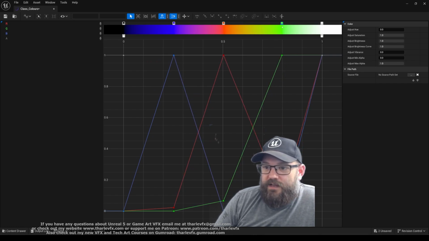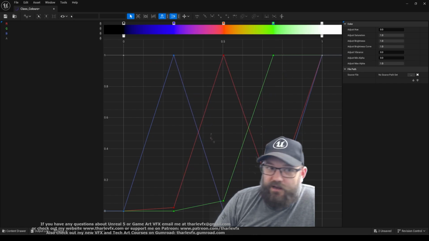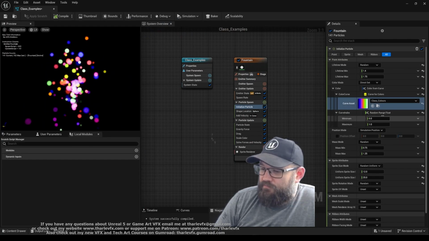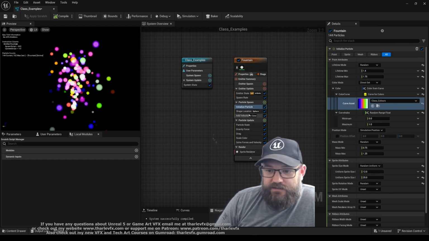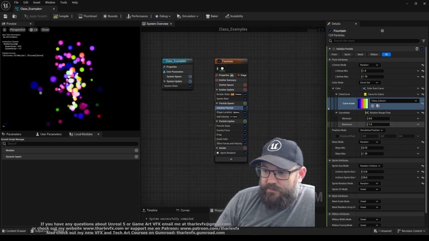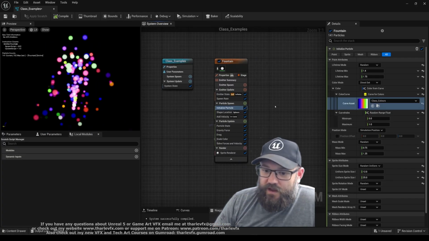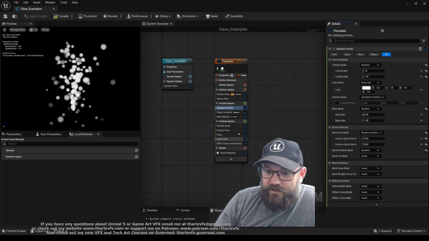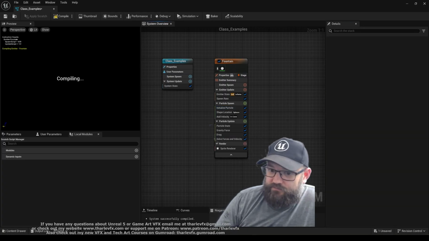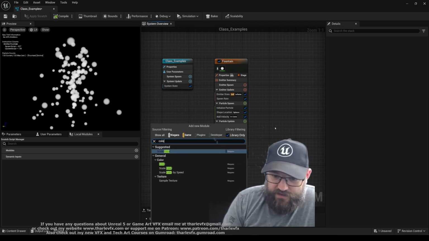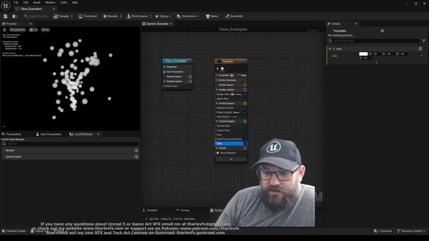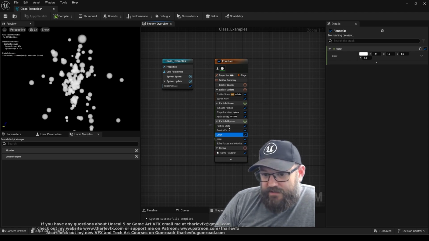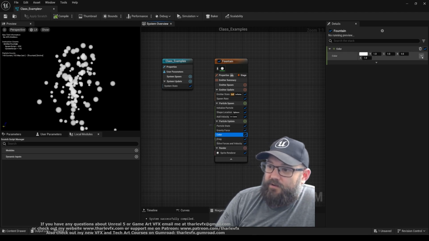Cool. So that's really good if we want to pick a random color from our curve. We can do a random index here in our initialize. But what happens if we were to animate? Well, if I reset this, leave that there, I'm just going to remove the scale color module entirely and instead use a color module. So the color module will set the color of the particles directly. But because it's here in update, it's going to do it every frame, which is going to allow us to